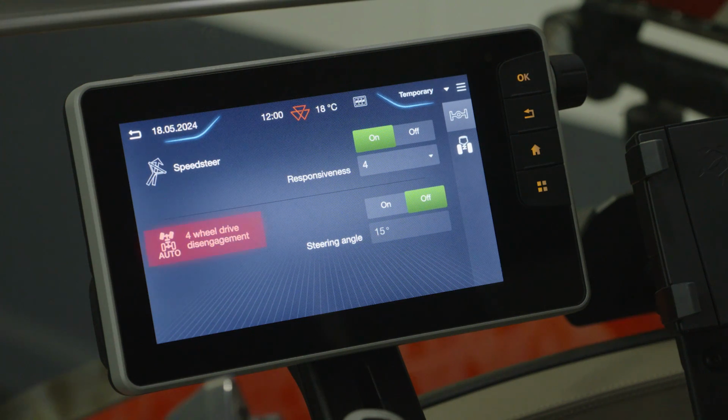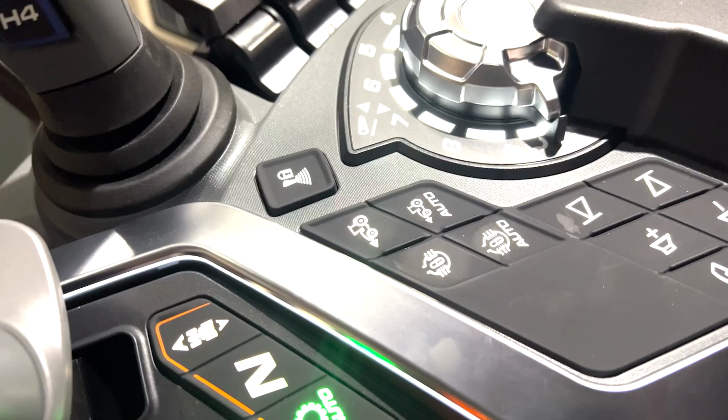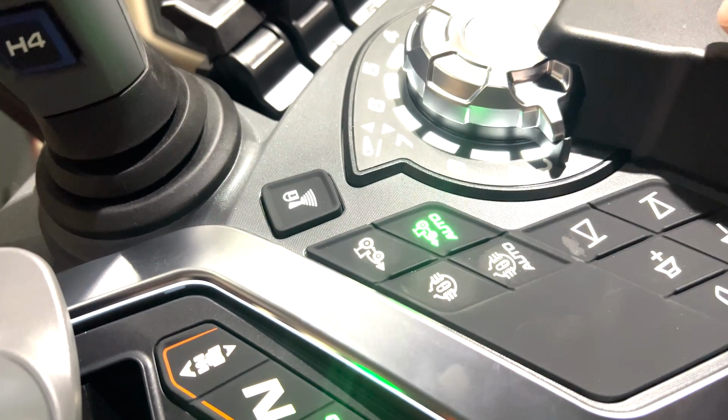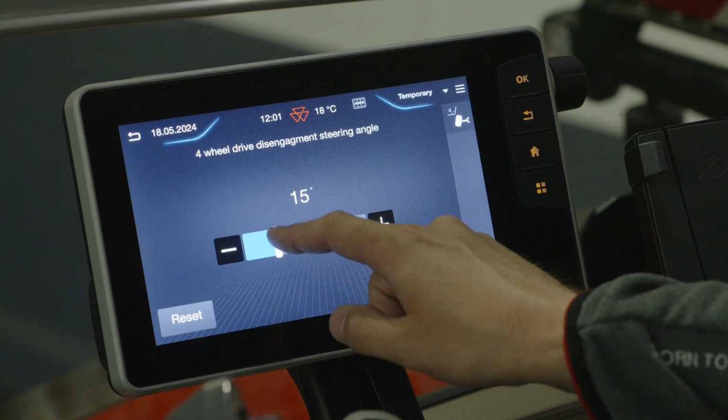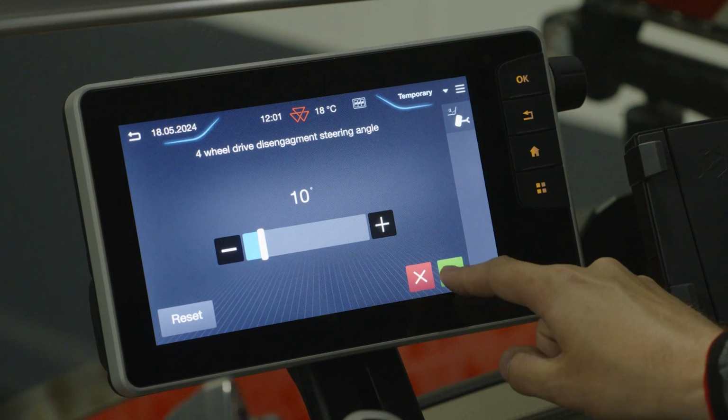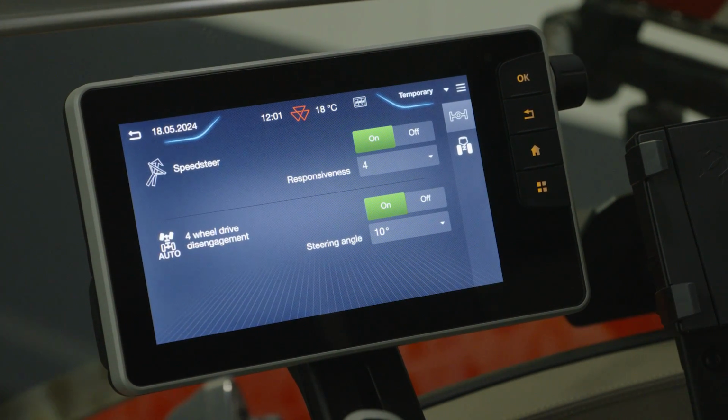The second adjustment related to the front axle concerns the automation of front axle disengagement based on the steering wheel's angle. Activate the front axle. Click on On to activate the automatic disengagement function. Use the available setting to modify the disengagement angle of the front axle between 5-degree, very short angle, and 45-degree,